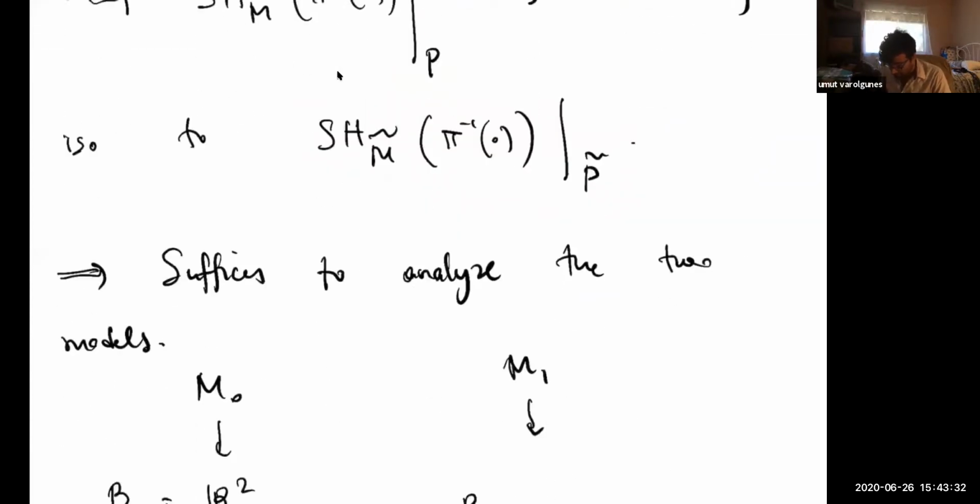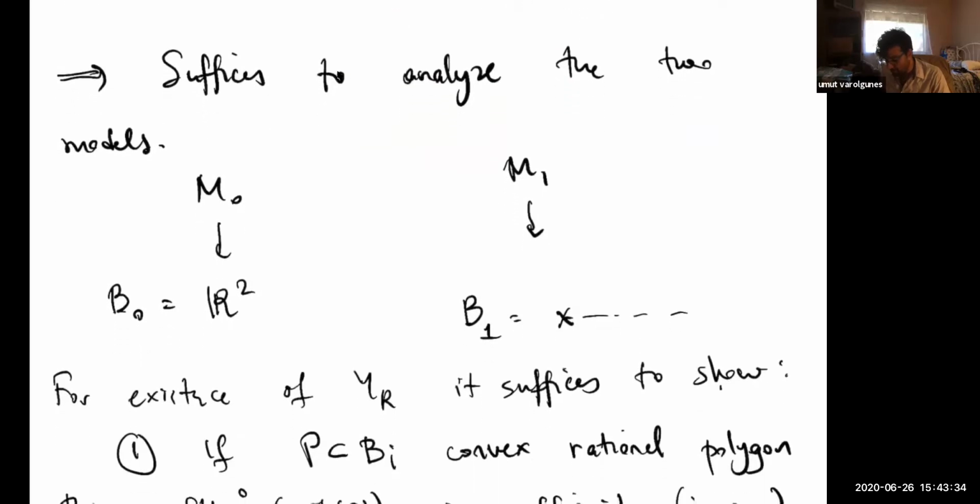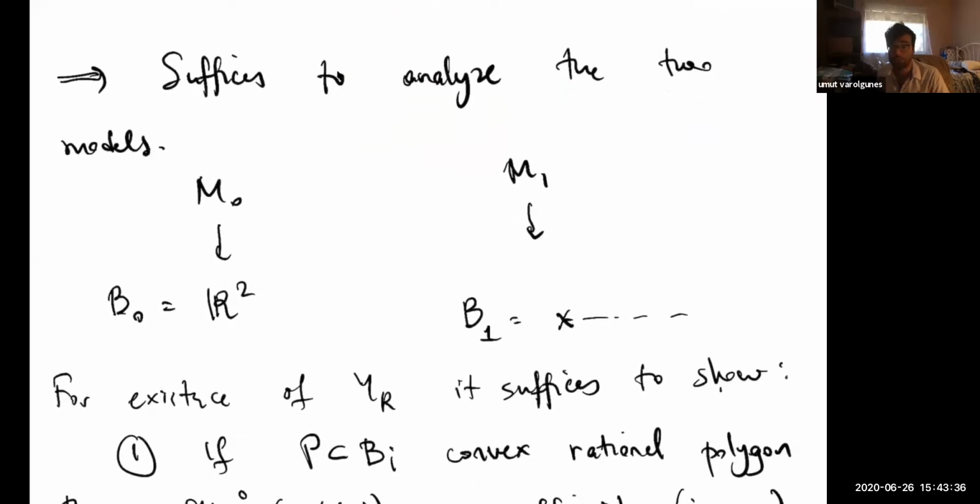Okay, so assuming this is true, you see that it will suffice to analyze the two models that you see in the base. The first model is just T*T^2, which I will start calling M0 from now on, fibering over B0, which is just R^2. And also M1, which has a bunch of C^2 minus a conic with various symplectic structures that can be chosen, and it fibers over a base with just one singularity.